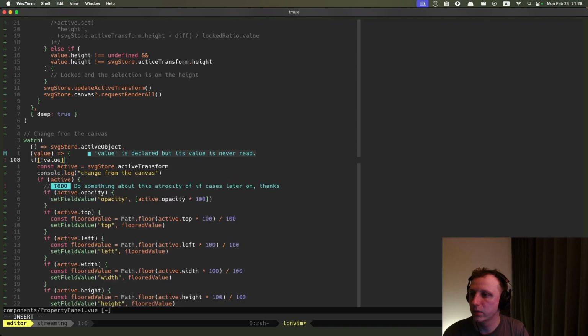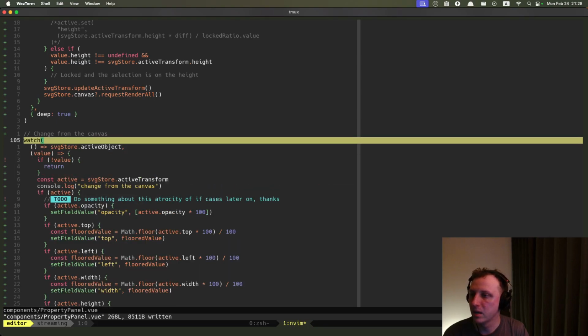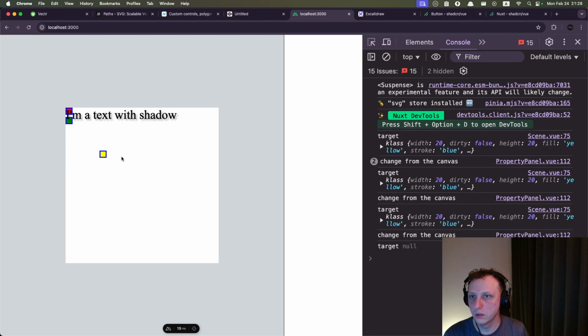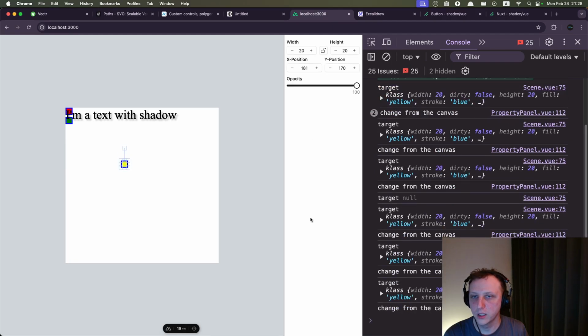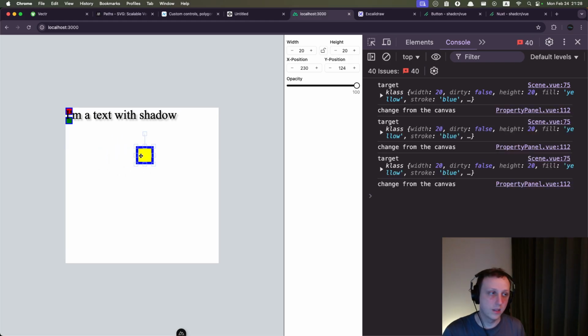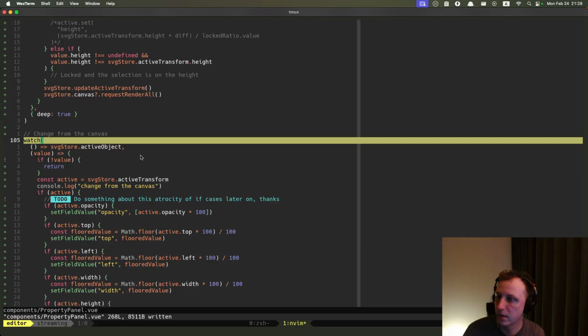If not value, return. If there is no active object, there is no reason for that to be triggered. Yeah. So okay, now it happens only once. So it's a solution. It works. Am I proud of it? No,